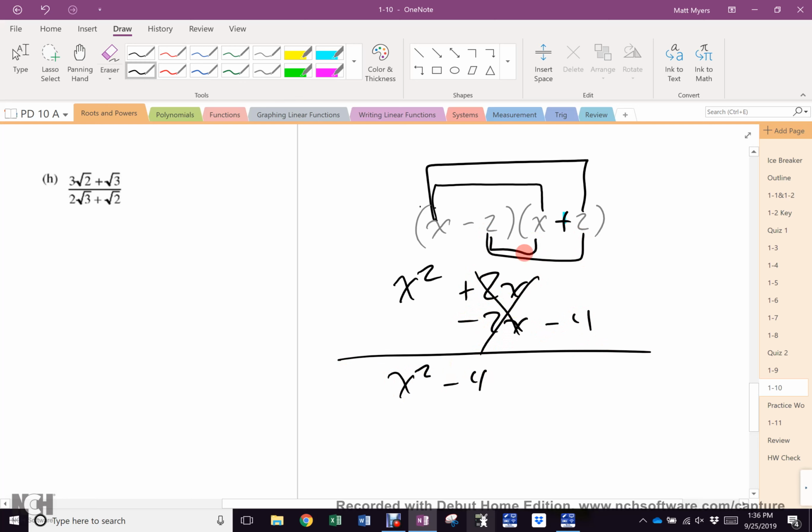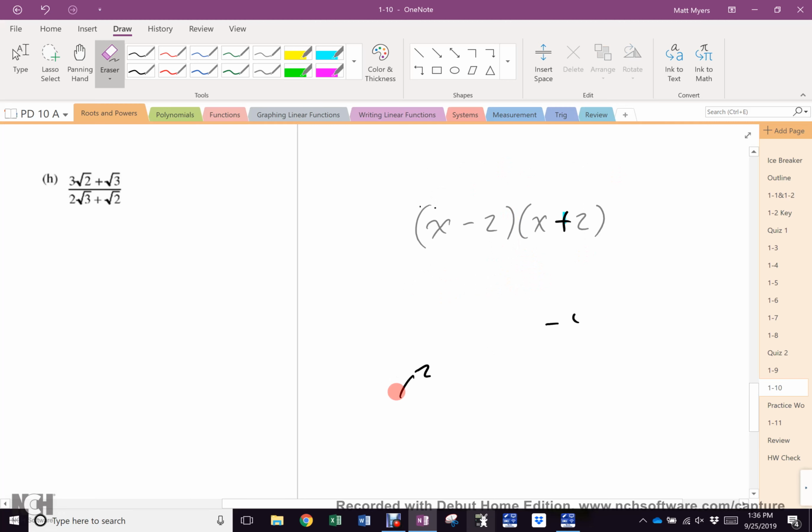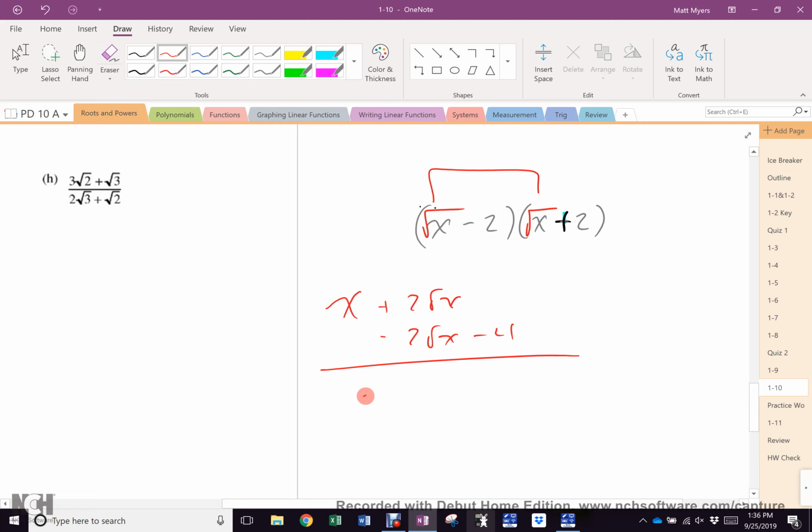So what happens then if I... Oh, this would be so much more impressive if the eraser worked and we could go right to it. If I make this root x and root x, what do I get? X plus 2 root x, negative 2 root x, negative 4. What happens? The radical disappears. So now, take the knowledge that you were able to build from your prior knowledge,